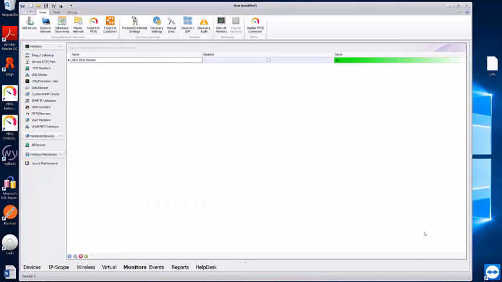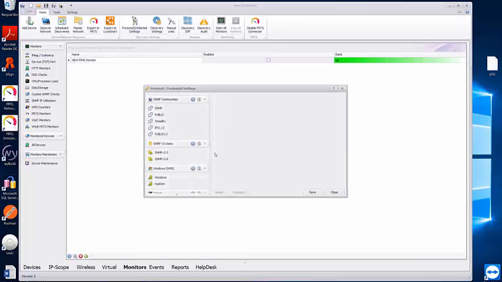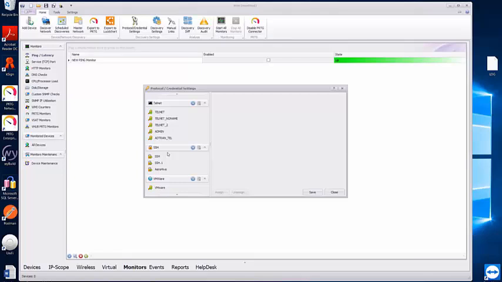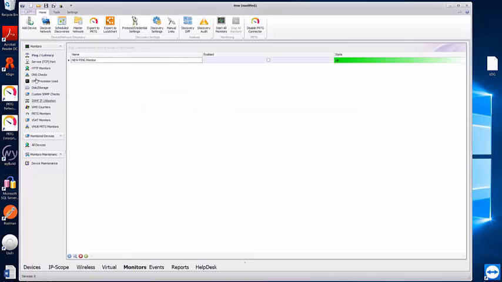There was a question here: how can it pull config files off Cisco devices if they are password protected? As I mentioned earlier, protocols are key to that. If you give us the Telnet and SSH credentials, these are the credentials that we use to connect to the device. What you do is during the discovery,